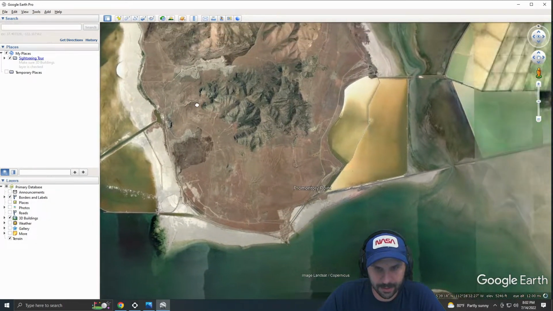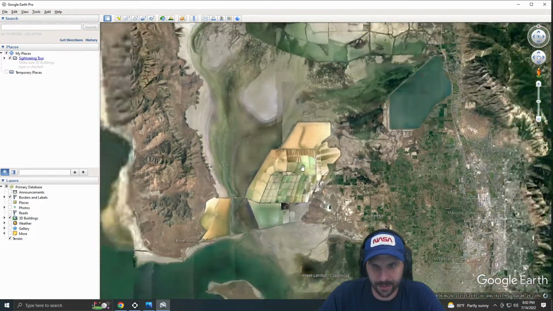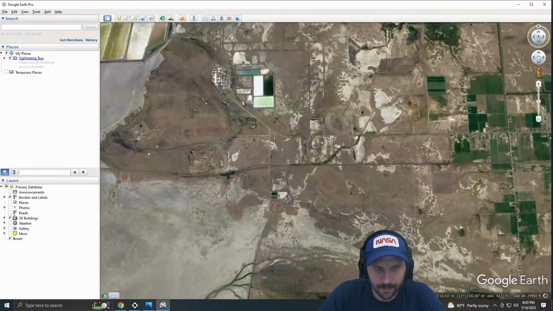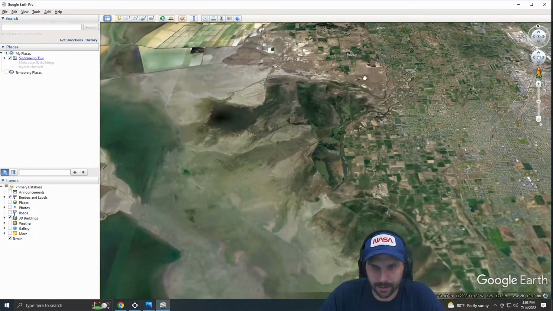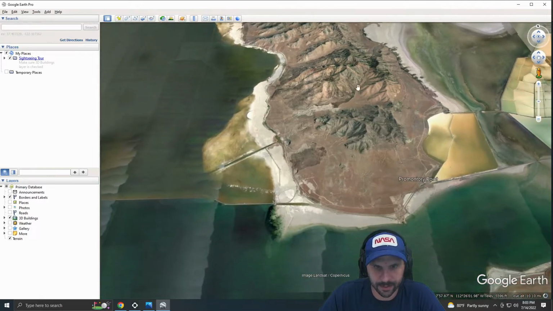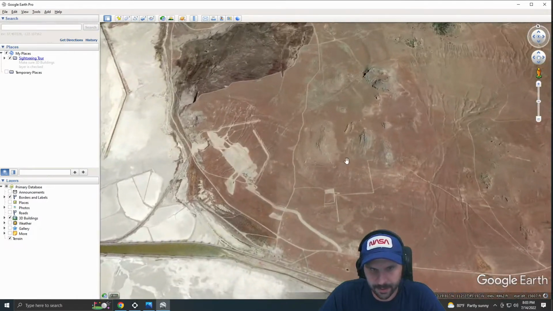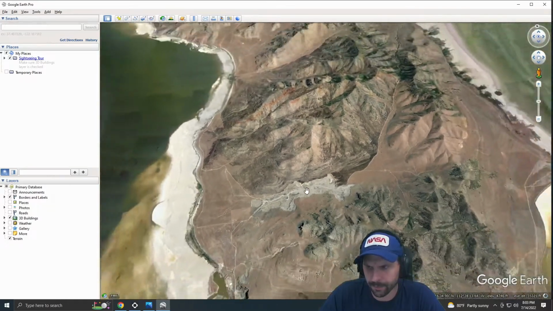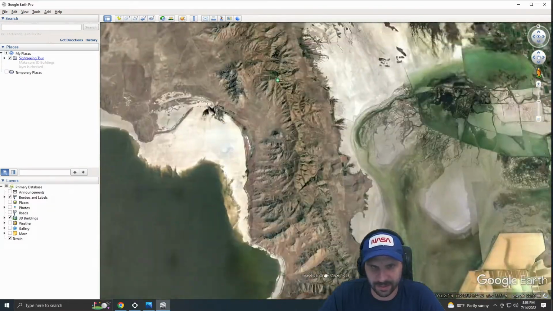There's Promontory Point, which is pretty sweet. I always find it, and then I always lose it. Whatever's left of the Salt Lake.